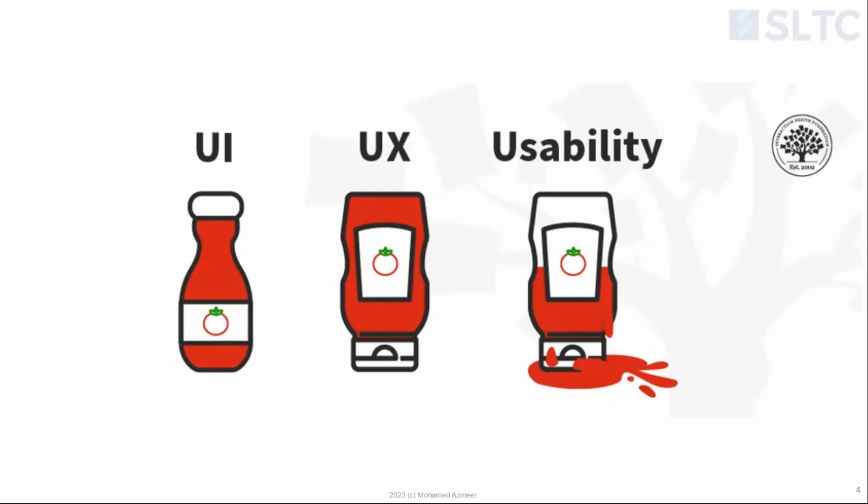Now, user experience is about understanding the user's problem, and you design the bottle in a way so that you can keep the cap down. So when you get the bottle, the sauce is already near the cap. You open it and then squeeze it, the sauce comes out. But the problem is, okay, that's a very nice design, but how useful is it? Are there any issues? Now, if someone tries to get the sauce out by opening the cap, if the whole thing spills out, okay, then that's a bad experience. The concept is good. The design is very nice because if you look at the bottle cap, it's wider now, but the real experience may be very bad.